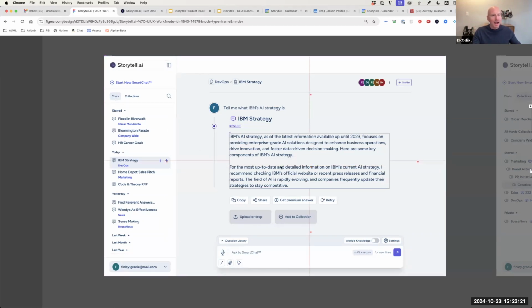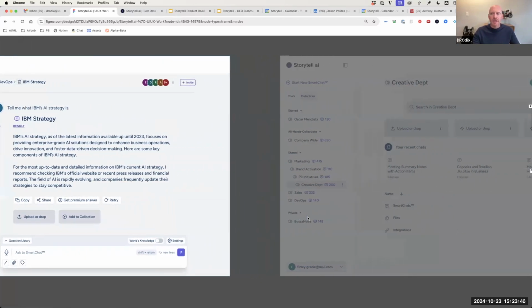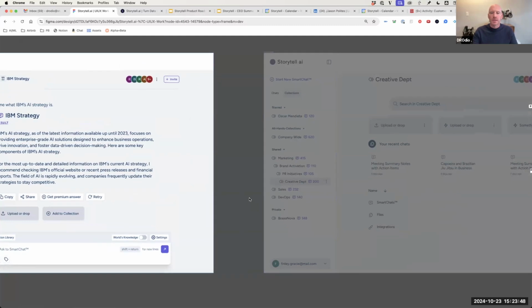But also, I might have some chats where I just want to upload a file, ask some questions, and then go on to the next thing. But sometimes I might want to add that chat into a collection so that I can make it accessible to my team and I can be brainstorming with my team. And so we have the idea of being able to add it to a collection. Either you can add chats to collections, or you could just create a collection. So let me go over to